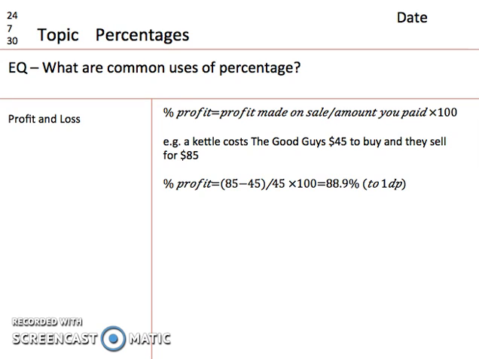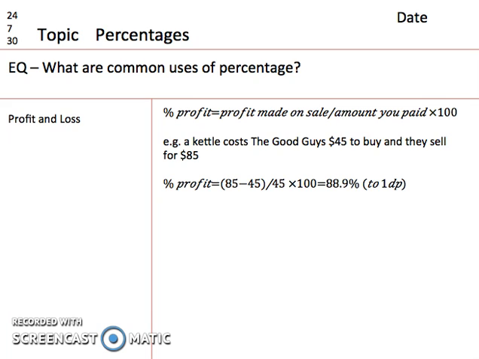In this case, if a kettle costs The Good Guys $45 to buy and then they sell it for $85, we can work out the profit. $85 is what they're going to sell it at, $45 is what they've bought it for. They've made $40. We put that over the amount that was paid, which is $45. So we will have 40 over 45, multiply it by 100, and we find out that the percentage of profit is